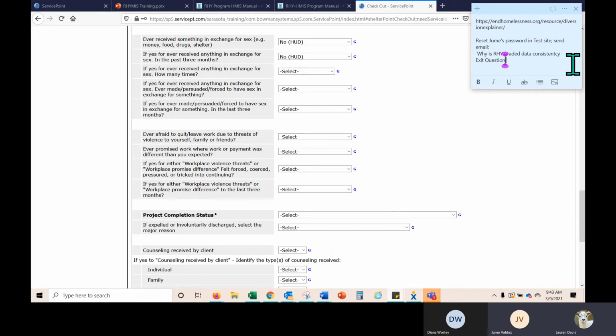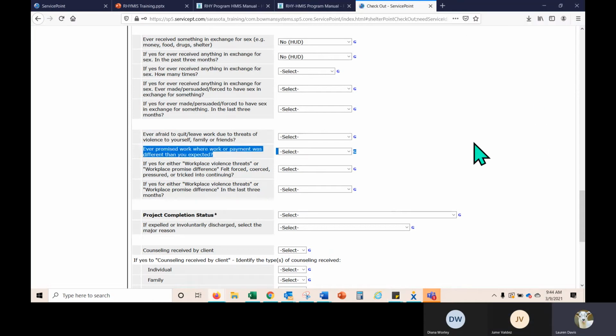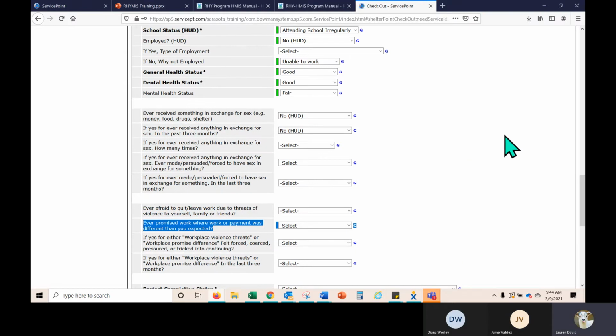I don't see why we wouldn't be able to collect this information while the client was staying there.